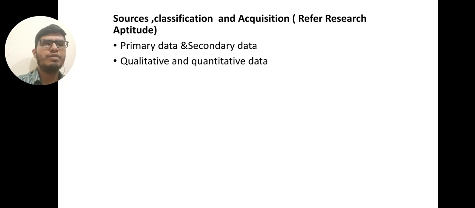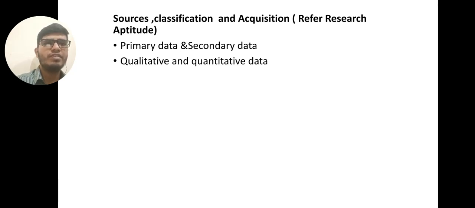The primary data, from the primary sources, we are collecting the data like a census. Government is collecting the data directly from us, right? So they come to the home and they take the data. Secondary data is like inflation, CPI, consumer price index, WPI, wholesale price index, and all these are data which is given from someone else and we are informing it. So that is what secondary data is.